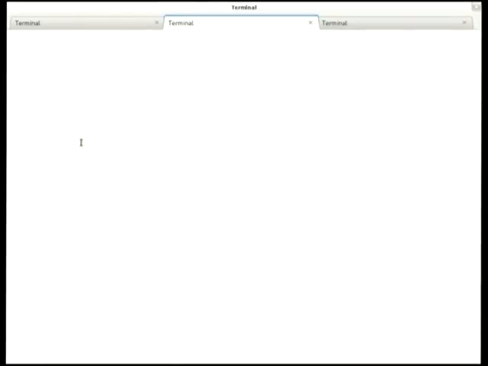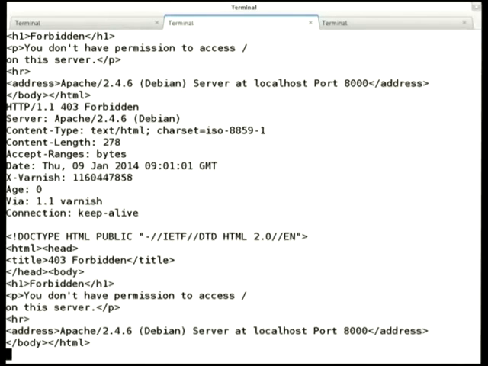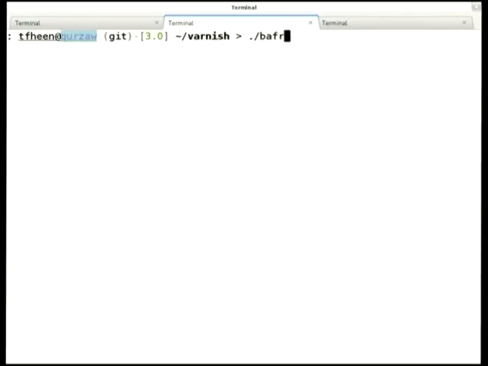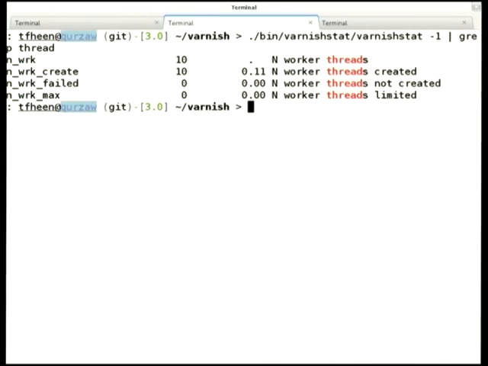If I run varnishstat and we look at the number of threads, okay, so we currently have 10 threads. Now, if I do